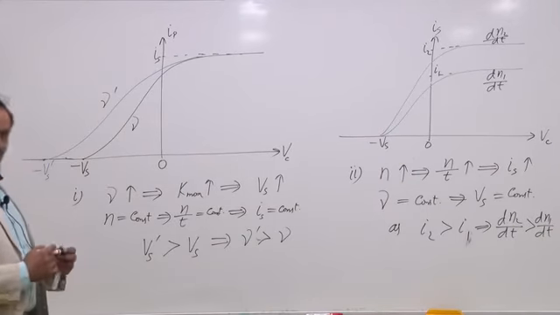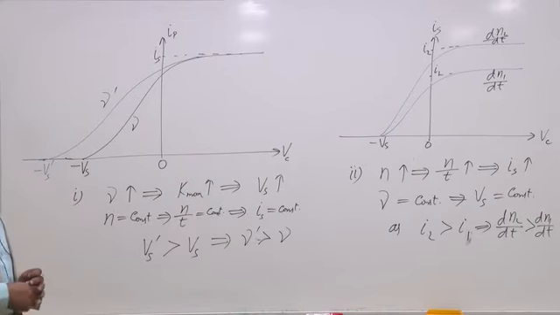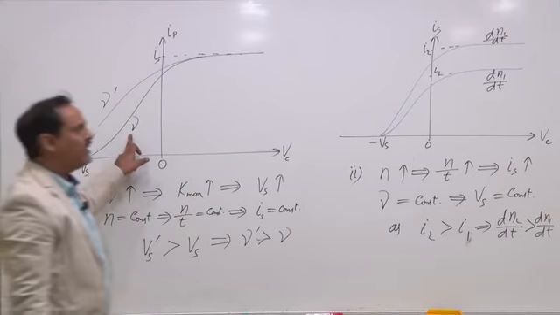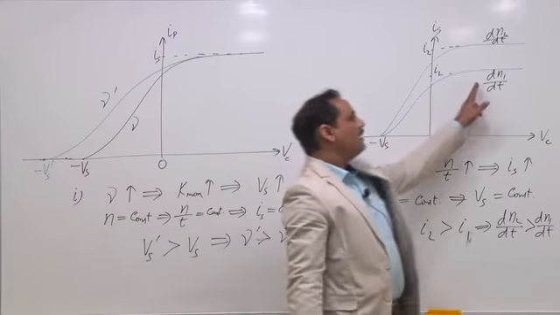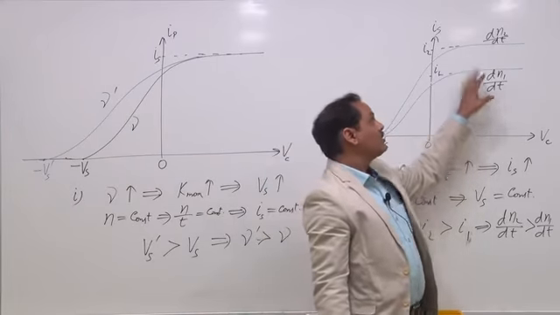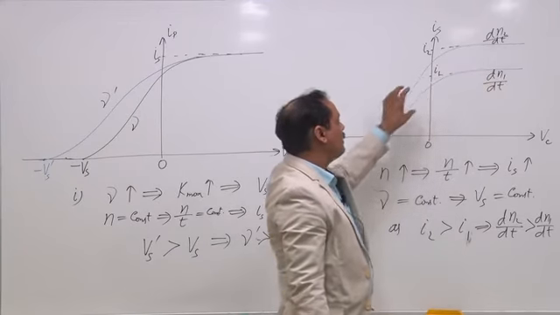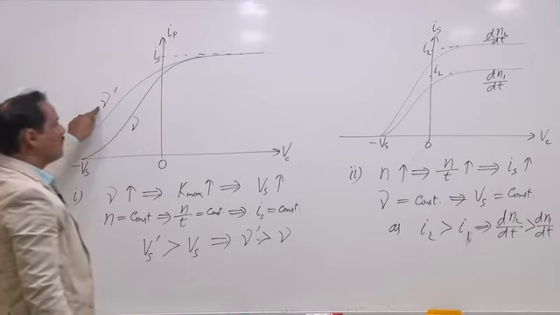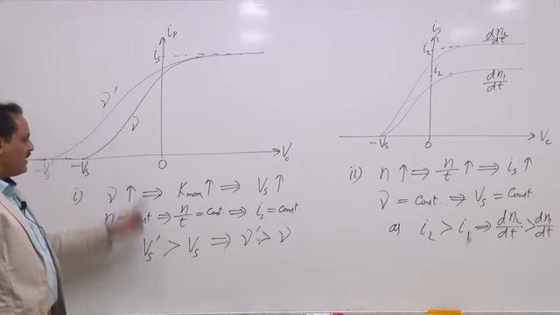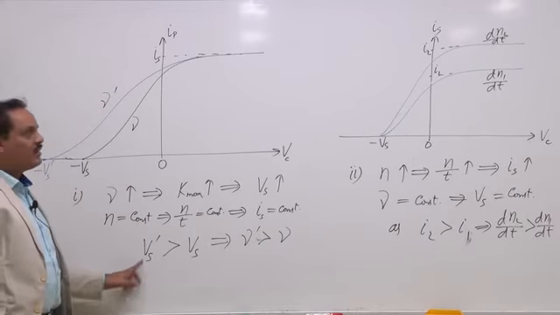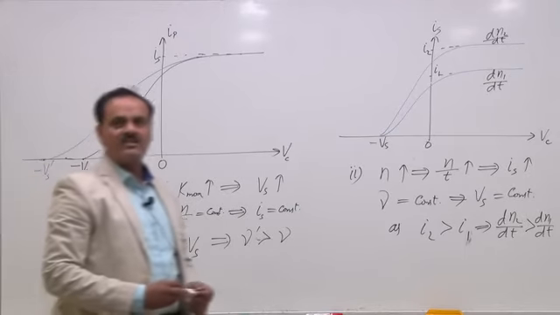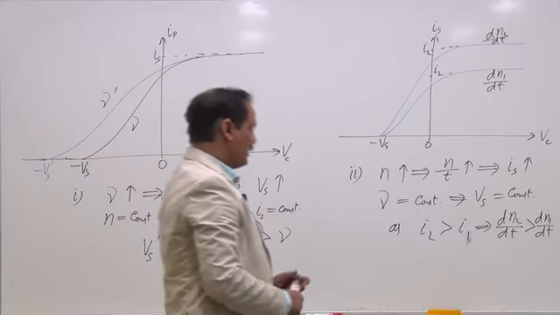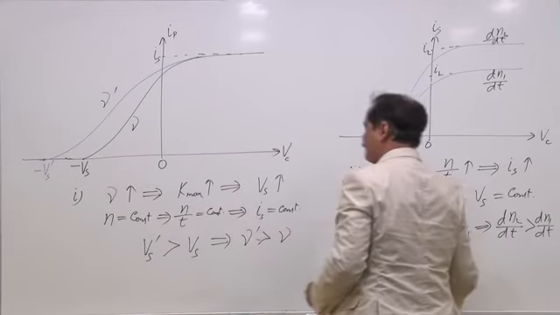So we have seen that there are two factors which could change the current. One is frequency of incident light and other is rate of incidence of photons. So higher the rate of incidence of photons, higher is the saturation current, and higher the frequency of incident light, higher is the stopping potential. So these are the two factors which can change the current versus voltage graph. Now let us see a question.